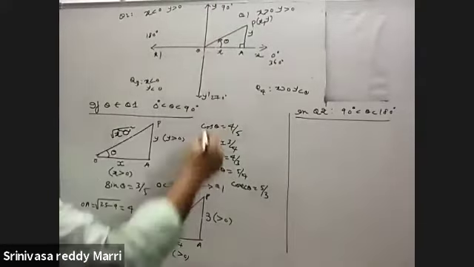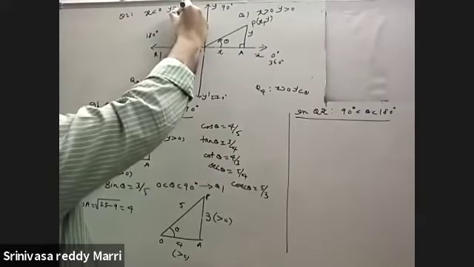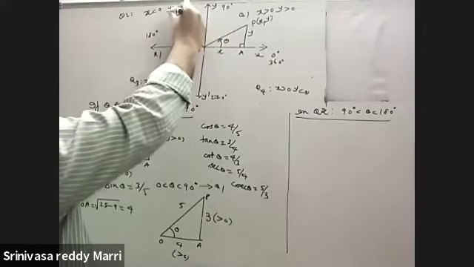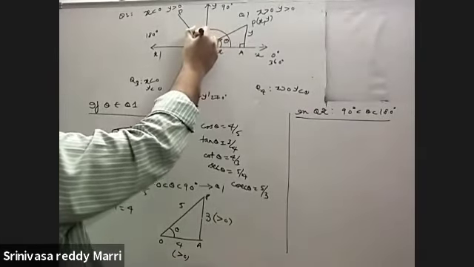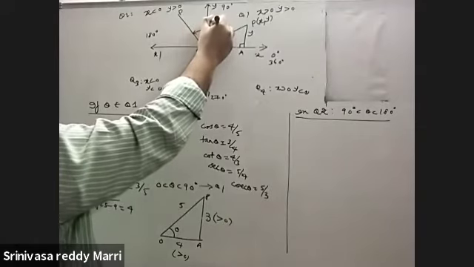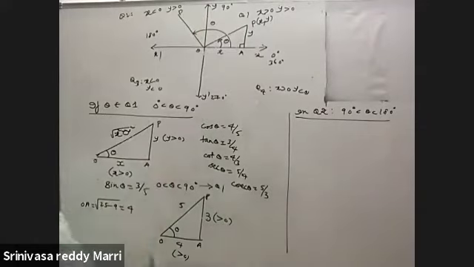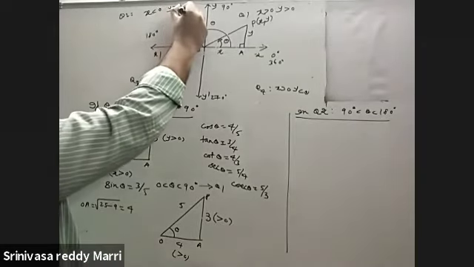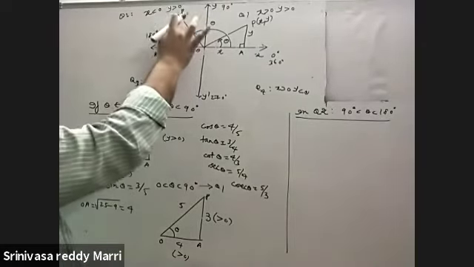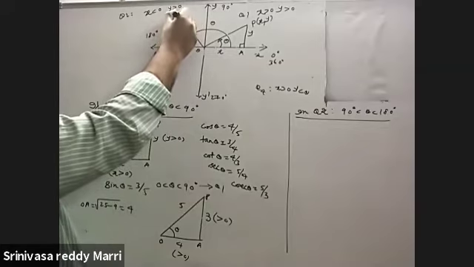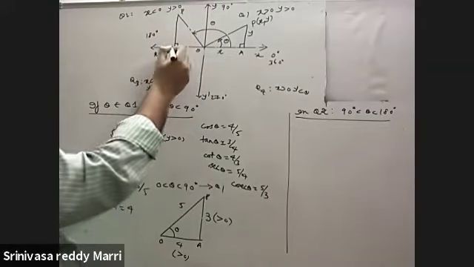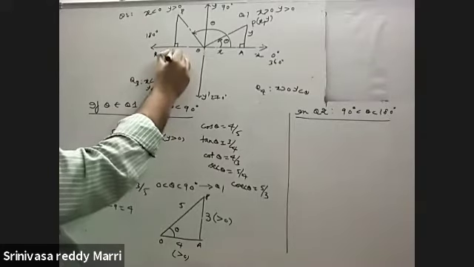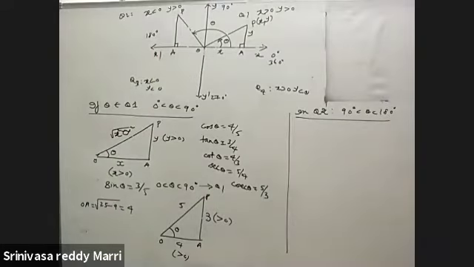First we have to draw OP. How will we draw OP? Like this. So this is the angle we will measure, this is the angle theta, in quadrant 2. Now a right angle triangle can be constructed like this. This is OP. Now drop a perpendicular here. This will be A.